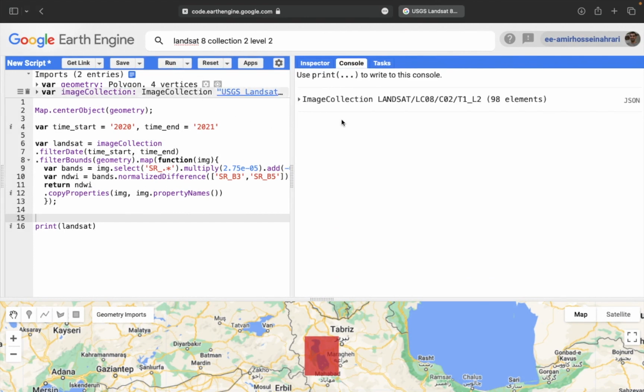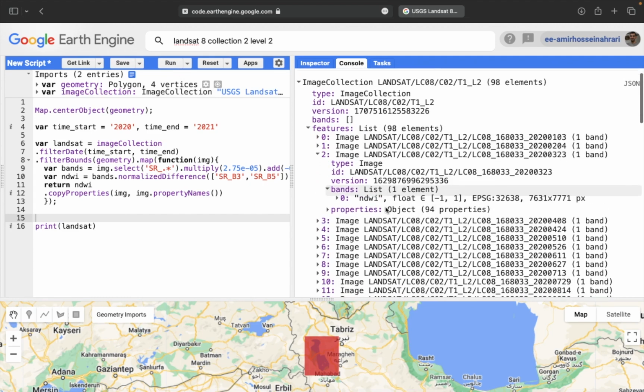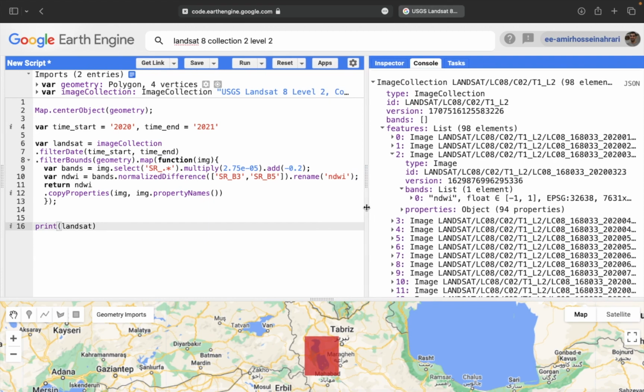Execute code by run, and here again we have 98 elements, one for each date. Now we have one image entitled normalized difference water indices. That's the first step. In the next step, I need to select those Landsat images with the lowest, for